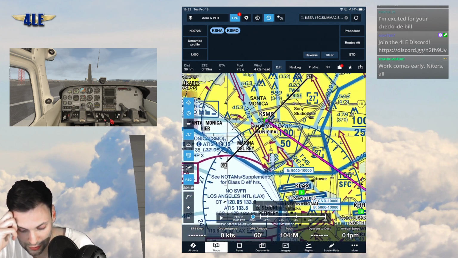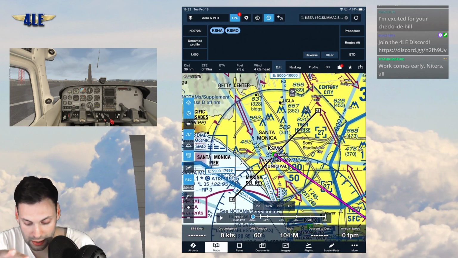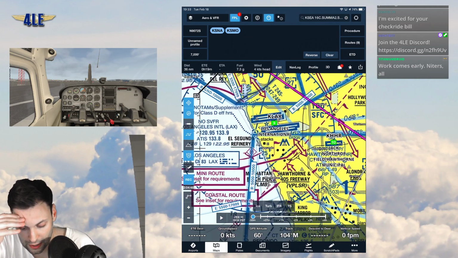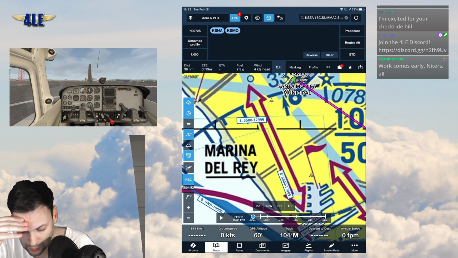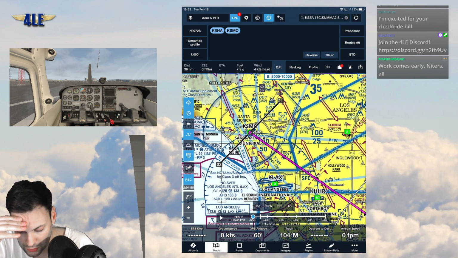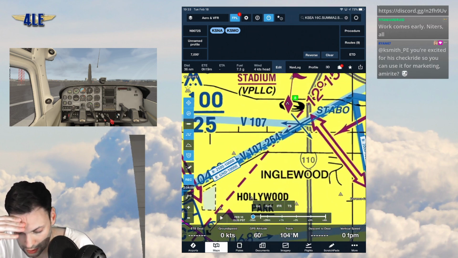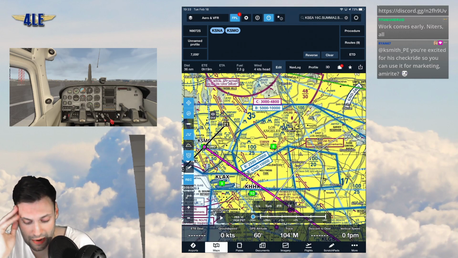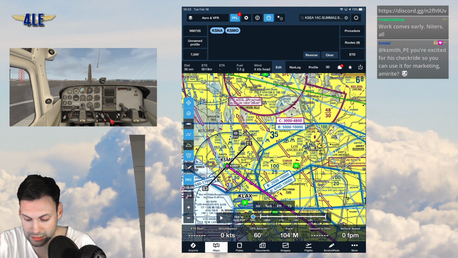You see these red arrows are actually showing you the on-chart depiction of what these routes are. These shorter little arrows here are the special flight rules. These ones are the coastal route. This is the Coliseum route, and then this one is the Hollywood Park route, or just Hollywood route, I think. I never use those two because they're more designed for San Diego guys coming up and down at a higher